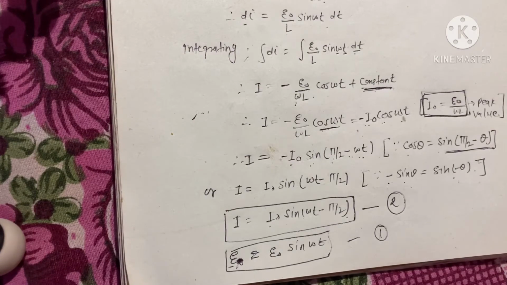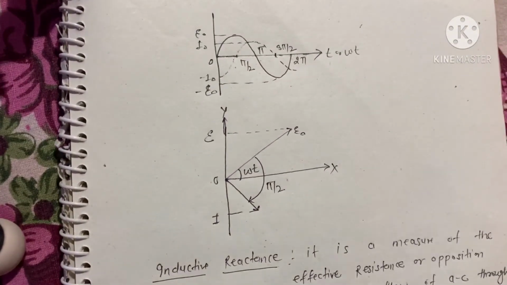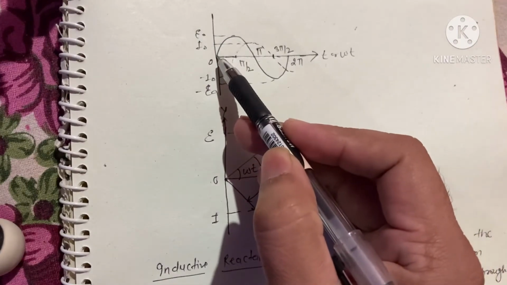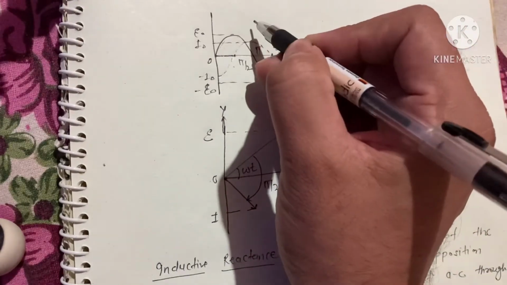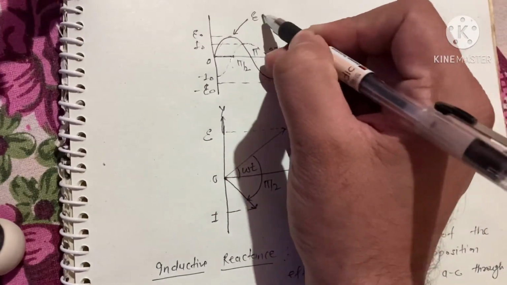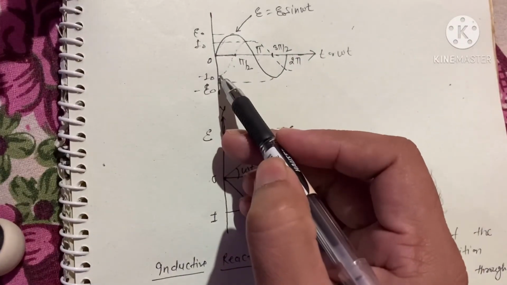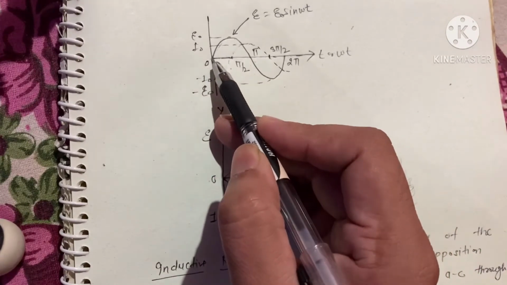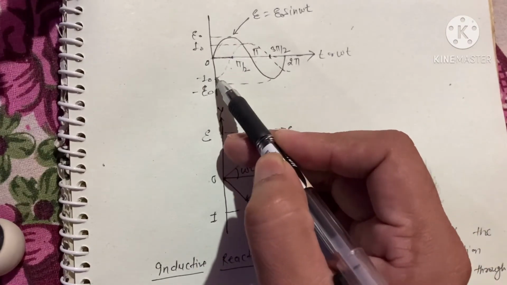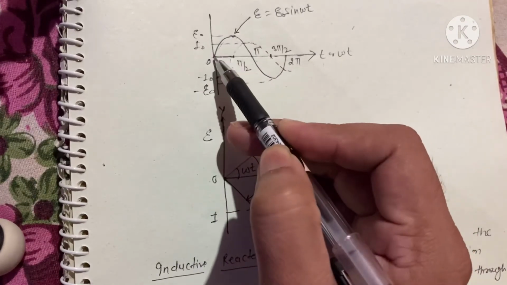So now we can draw the graph and phasor diagram also. I have already drawn it here, so you can see. This is the graph. This solid line is for EMF, because it is sinusoidal, so you can write E is equal to E0 sine omega t. And the dotted line is for current, because there is a phase difference of pi by 2. When EMF starts from 0, current starts from here. And you can see when EMF reaches pi by 2, students, you can draw the axis.